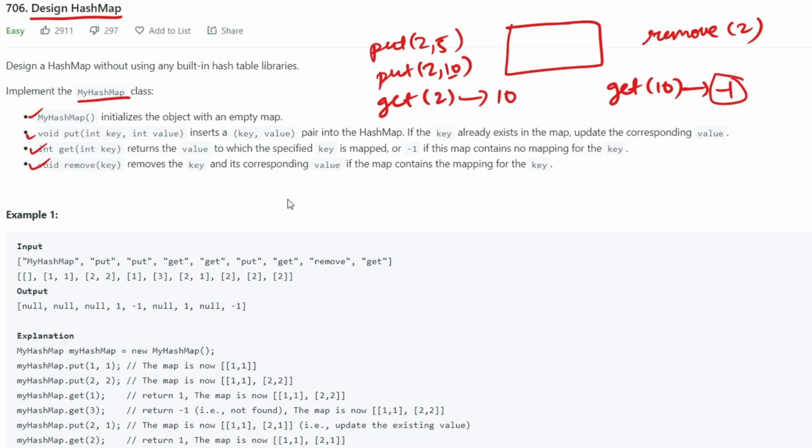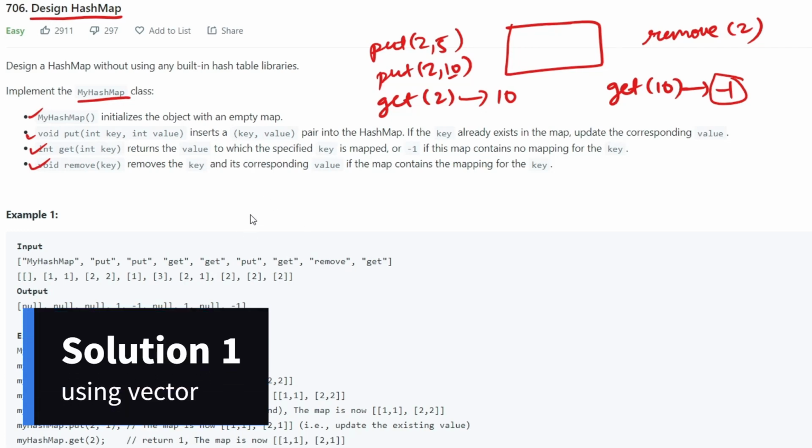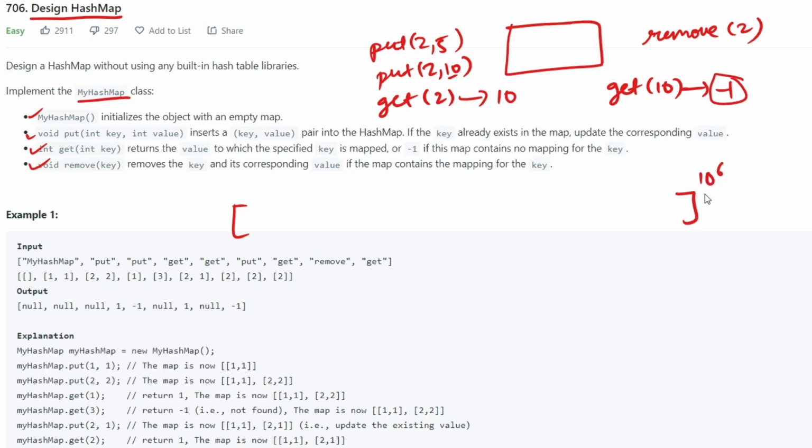So what is the first solution that comes to your mind when you see this? The first solution may be that you can take one vector of size 10 to the power 6, because our values will be in the range of 1 to 10 to the power 6.